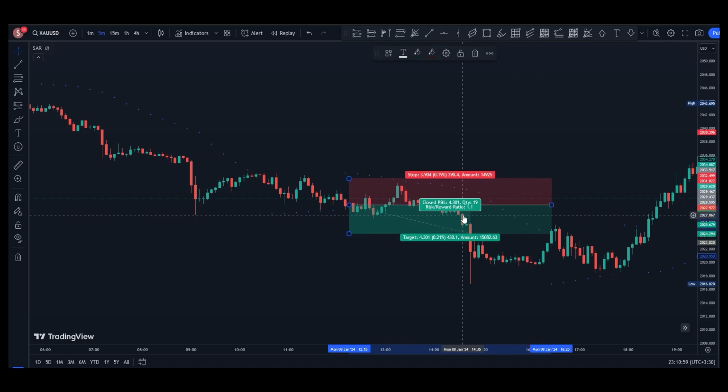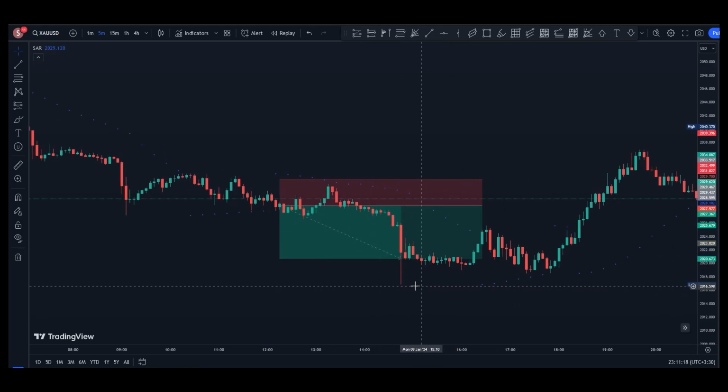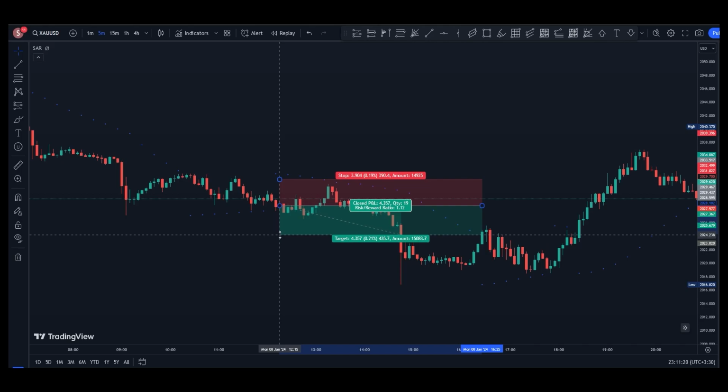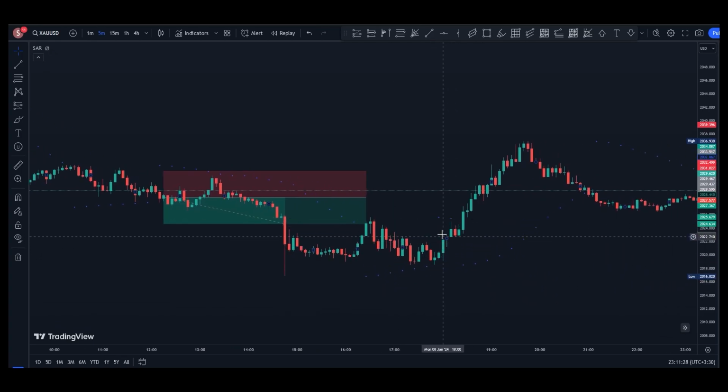You can trail your stop loss, or you can give yourself a goal to enter the trade. For example, a 1 to 2 risk to reward ratio is good enough for your trades. You can enter the trade here and close your trade here, but you can trail your stop loss. As you see, it hit your stop here. Well, we have an error here, we have another error here. Yeah, we have our error here, but I suggest to you, if you enter for a